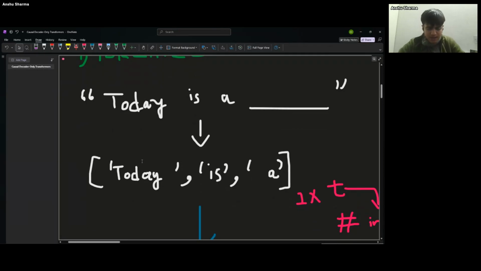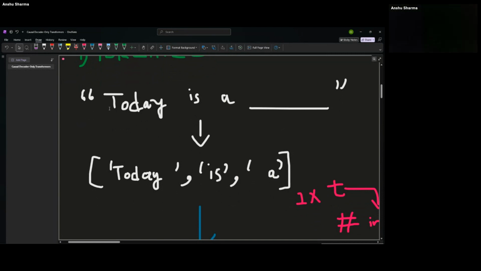A token you can understand as a group of characters. So you can understand it that a token is a word. But not